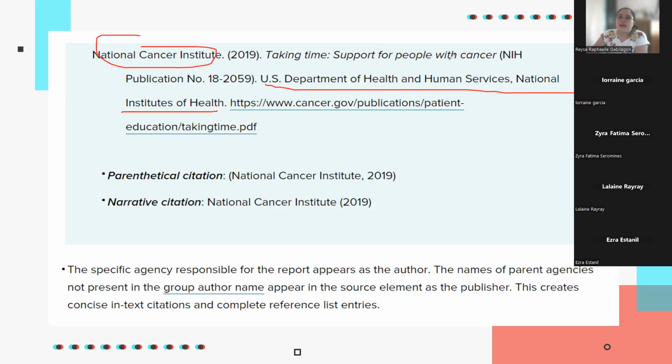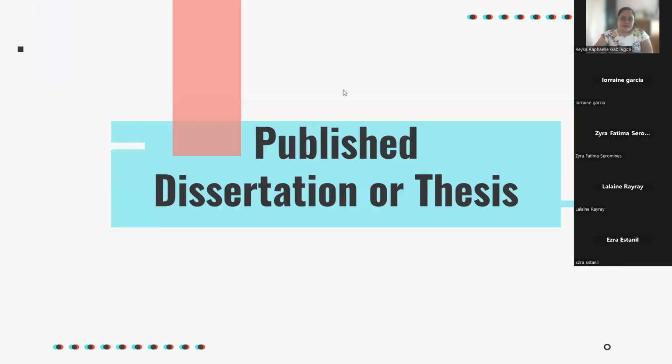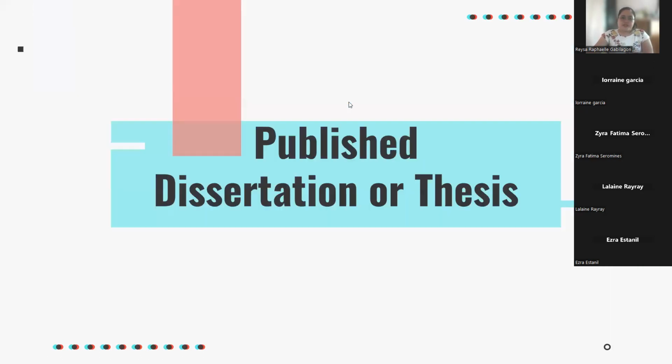Dito kasi sa atin parang wala, so diretso na siya. Pwedeng, example, Department of Health, tapos year of publication, and then in italics, the title of the article, and then pwede na kayong dumiretso class sa URL if it's coming from an online website or an online source. Pwede na yung walang information sa sub-agency kasi most of the time wala tayong ganyan. Okay, ganun lang. If it's coming from the FDA, you write here the author as the Food and Drug Administration. Okay, kung anong agency man yan ang naglabas niyan.